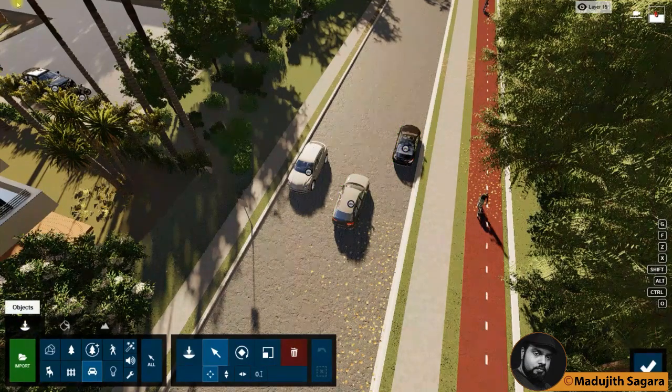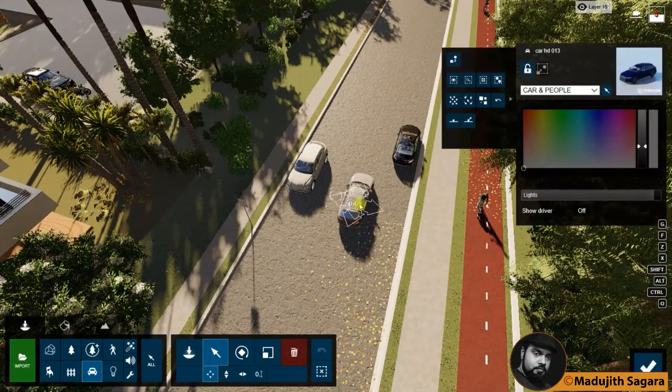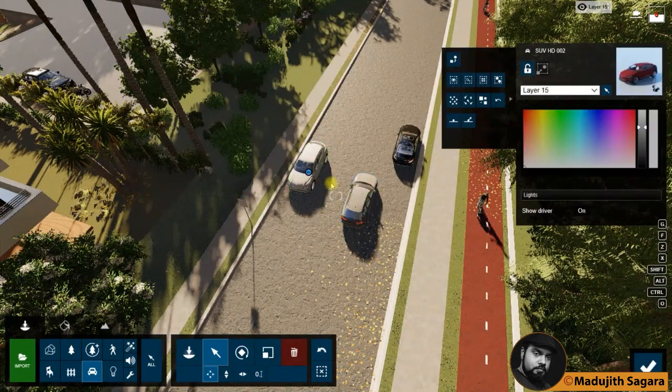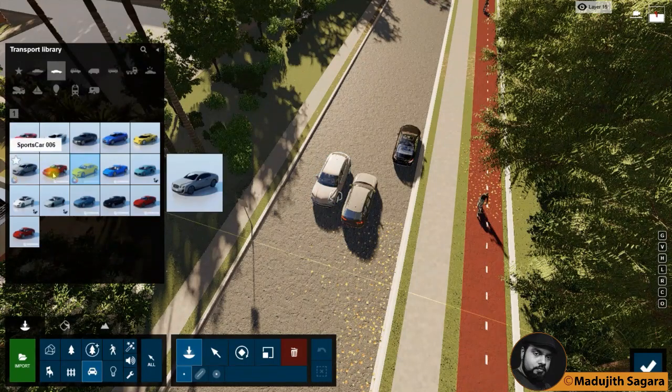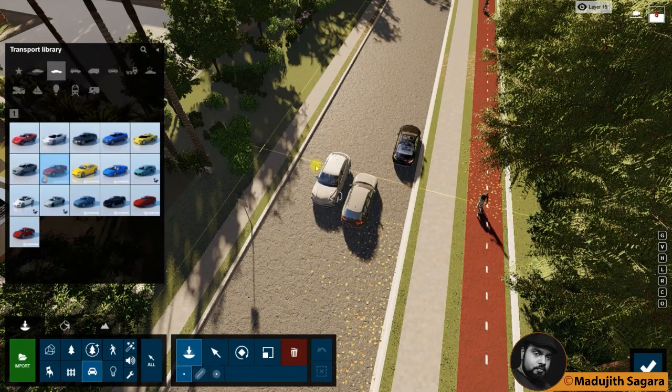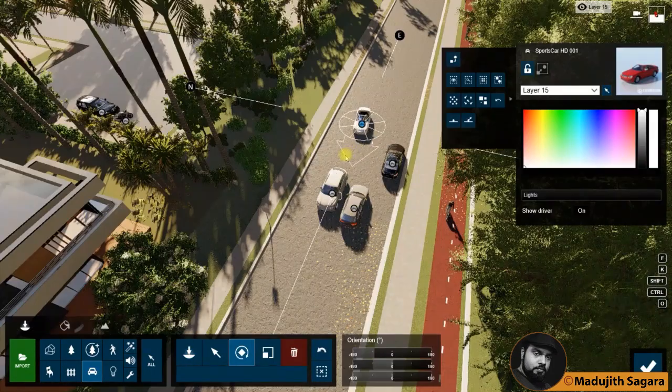For that I will make this here, and I will make it here. I will make them closer, and I will add some vehicles. Like that. Now it is okay.